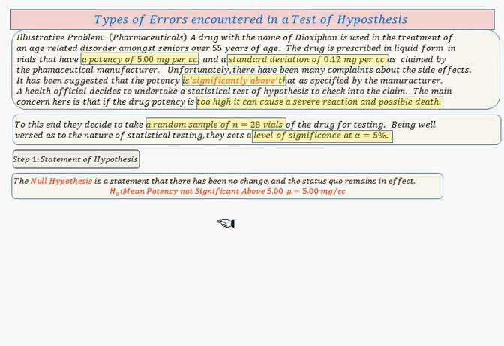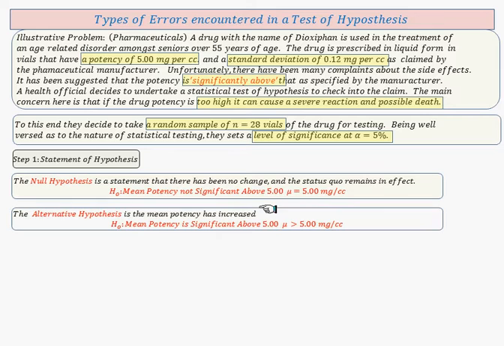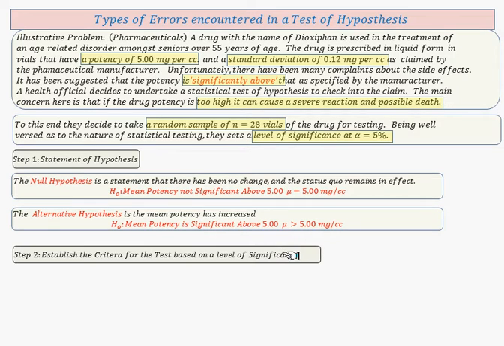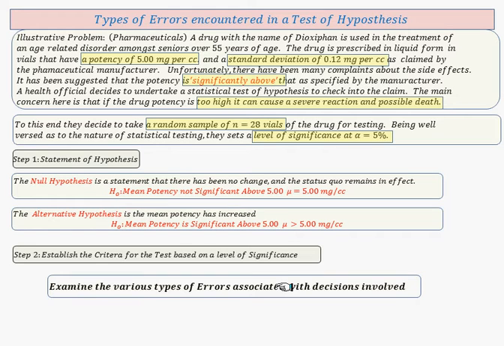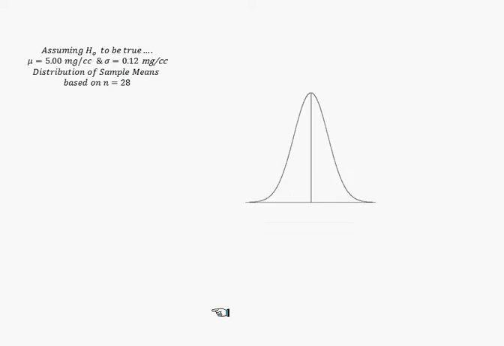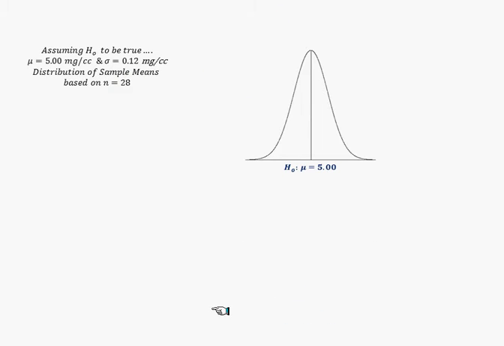The null hypothesis: the mean is not significantly above 5. Alternative: the mean potency is significantly above 5. We're going to carry out the test, and we're going to examine various types of errors associated with the decisions involved. Now, assuming H0 is true, mean is equal to 5, we have this distribution of sample means here, centered